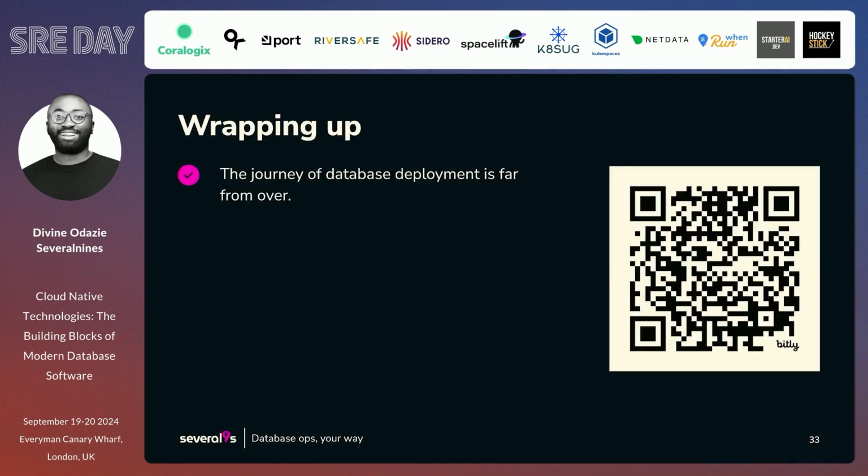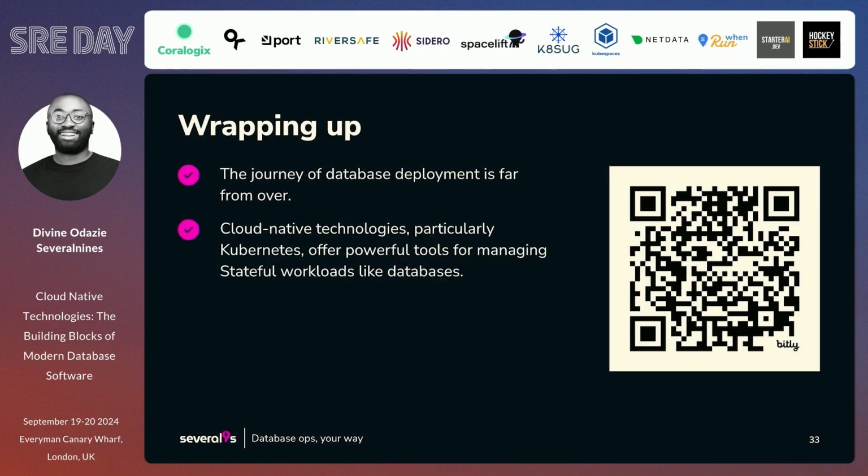Just to wrap up, the journey of database development is far from over. There are still more ways to come in how we deploy and manage data. Cloud native technologies, particularly Kubernetes, offer powerful scaling and several features. But with much power comes great responsibility, I think that is the best way to put it. So you have to find the fine line. Building and integrating a DBaaS on Kubernetes can streamline your operations and handle scale, and being open source and not locked in means you can use a different cluster, whether moving from VMware Tanzu to AWS EKS or some other architecture.